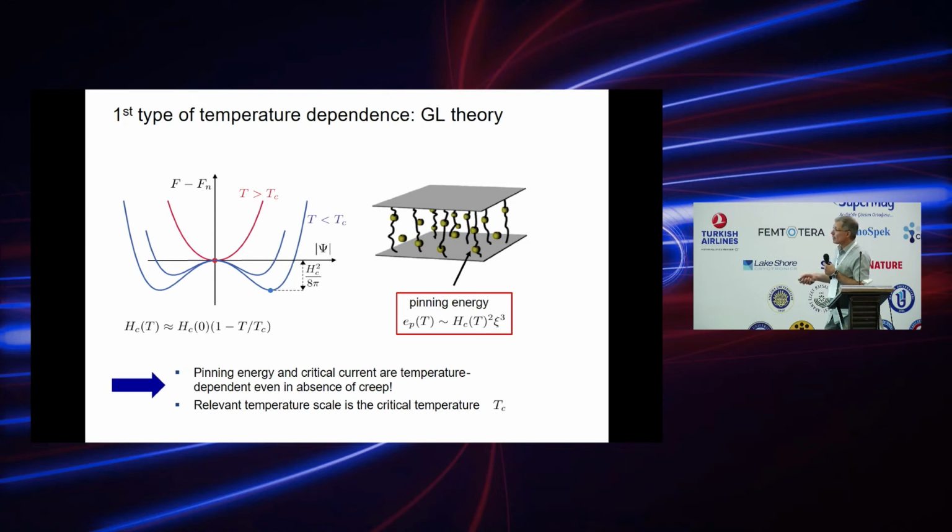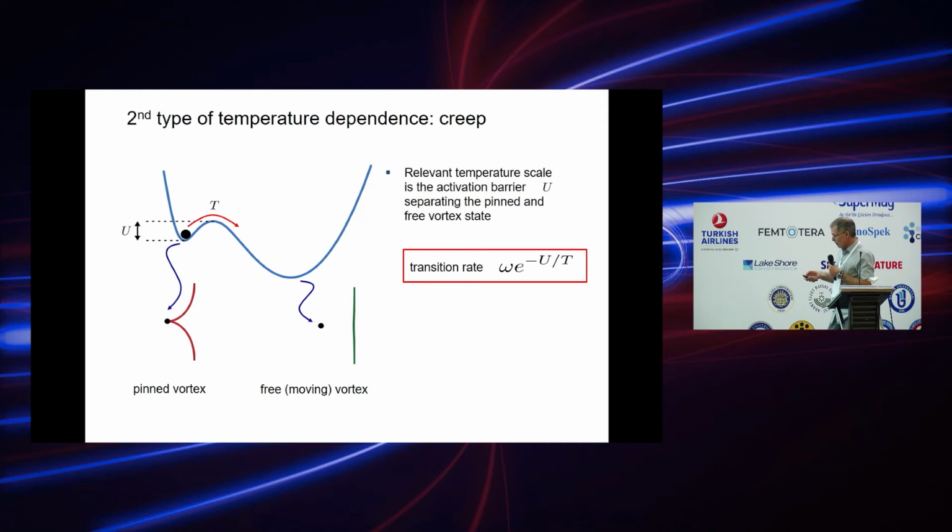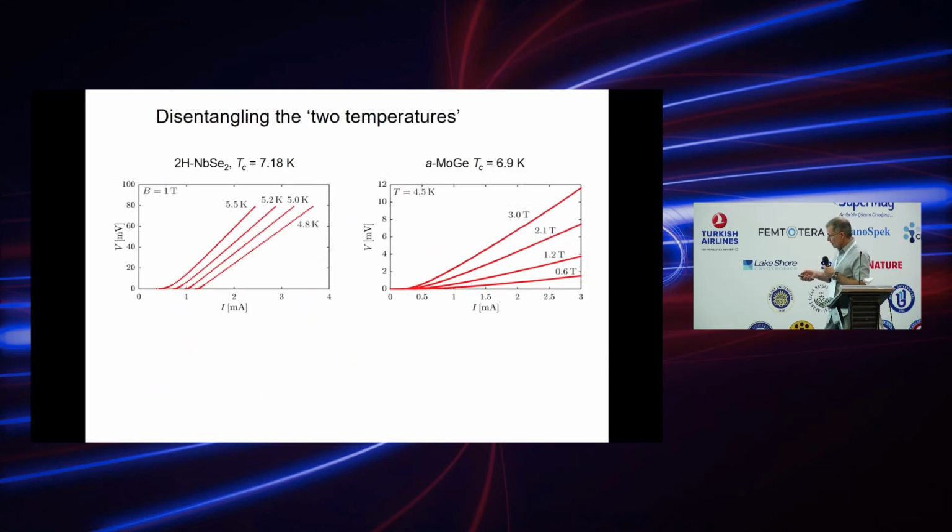One is simply that everything depends on temperature. Close to TC, critical field goes to zero, meaning energy goes to zero, critical current goes to zero. So you have simple effect of that, and it has nothing to do with creep or anything. And another thing is really effect of creep, that vortices can jump from one potential well to another, and how to separate them. So the idea was that you take original data, then you fit